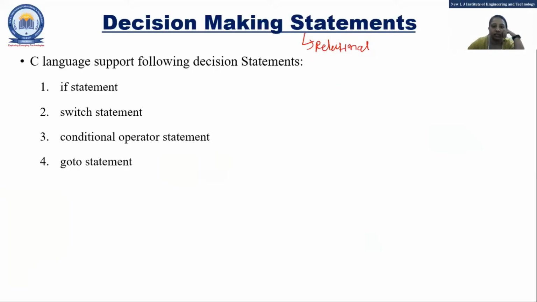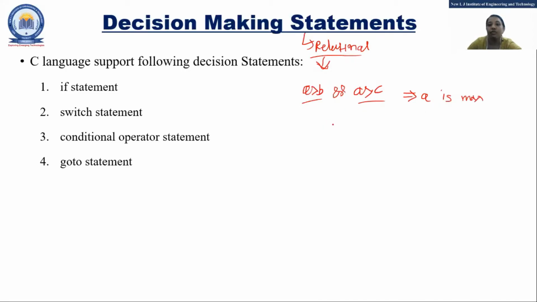Logical, yes. With that one, we are using which logical operator. If you need to check more than one condition, as I told you at that time, A greater than B and A greater than C. If both conditions are true, then and only then can we say that A is the maximum, right?